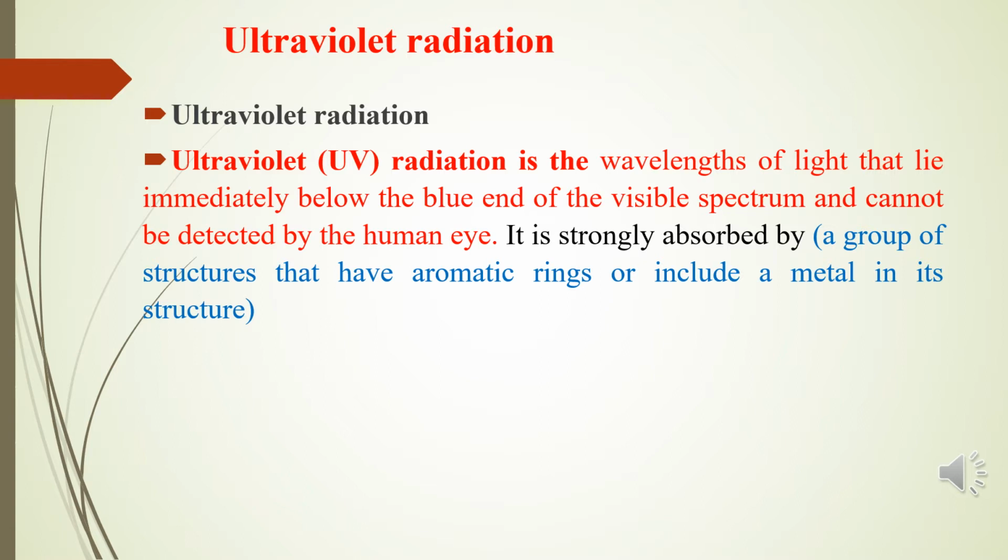and cannot be detected by the human eye. It is strongly absorbed by a group of structures such as organic compounds that possess aromatic rings, as those of the side chains of phenylalanine, one of the amino acids, and also the amino acids tyrosine and tryptophan,